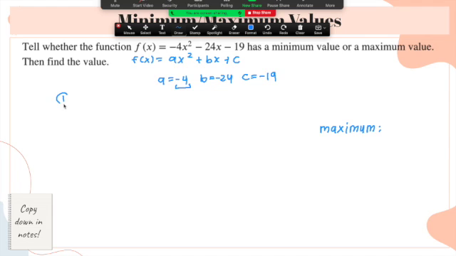Now, to find the vertex, we have to start off by using the formula negative b over 2a. I'm going to plug it into the formula. So negative b would be negative times negative 24 over 2 times negative 4. That would equal 24 over negative 8, which would equal negative 3. So I have here for f of